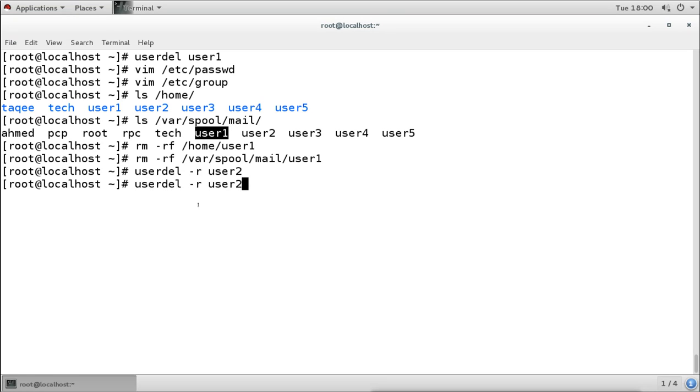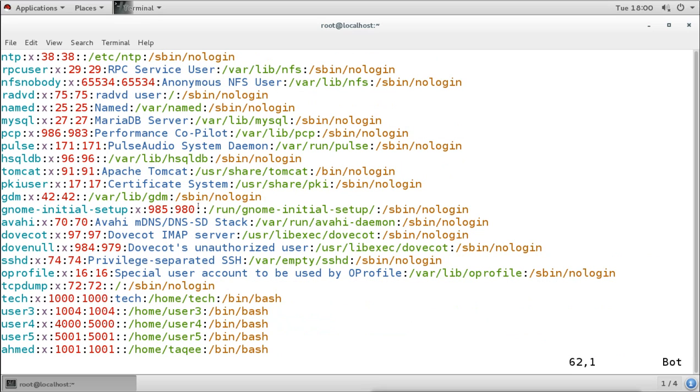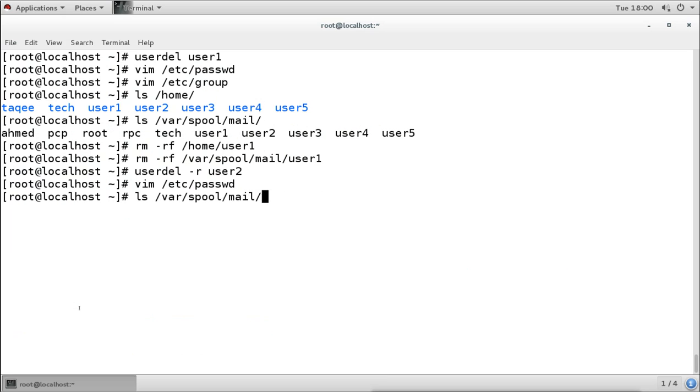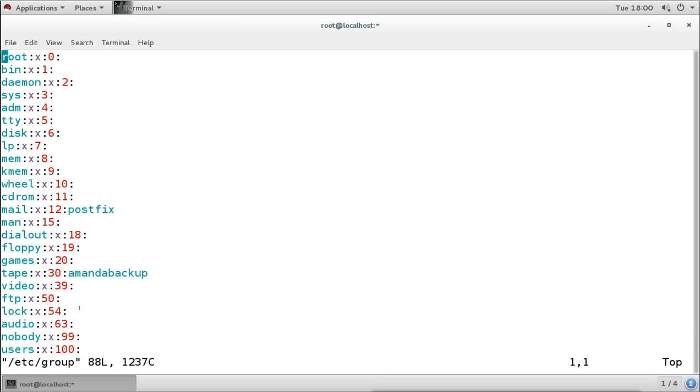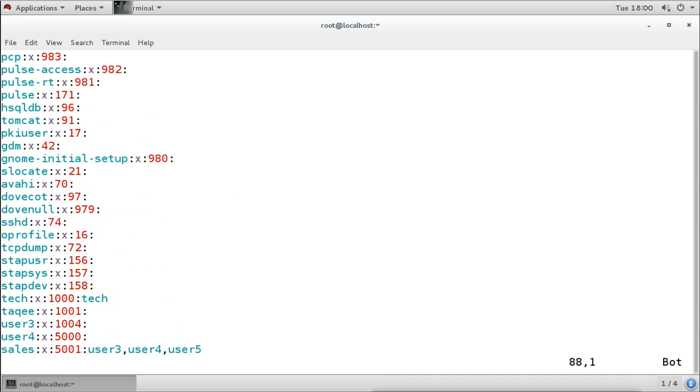When you check the user configuration file, you can see user2 is not there. Now when you check the group, you can see that user2 group is also not there.